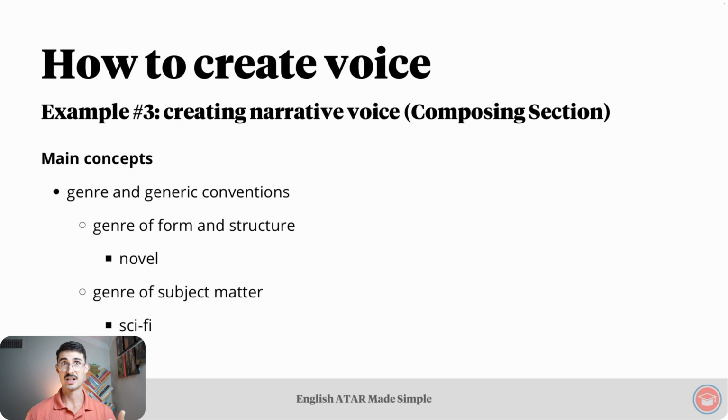Example 1, we'll take a look at this question. Discuss how at least one text marginalizes or emphasizes a voice to privilege a perspective. Hopefully this sounds familiar. Sample text, The True Story of the 3 Little Pigs, which we looked at in the previous lesson on perspective. The text emphasizes Alexander T. Wolfe's voice to privilege his perspective that the original story of the 3 little pigs is one-sided and unfairly portrays him as a big baddie.